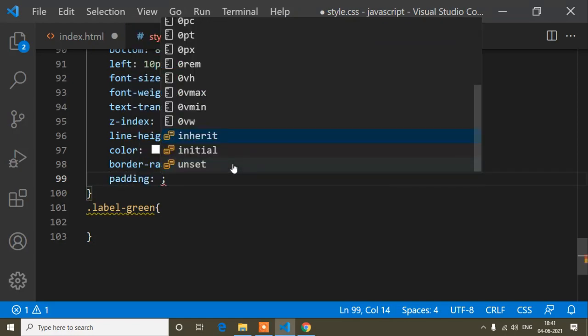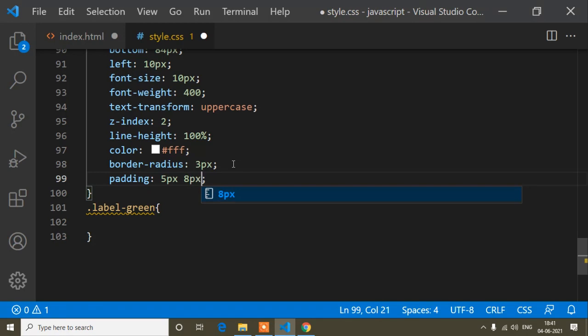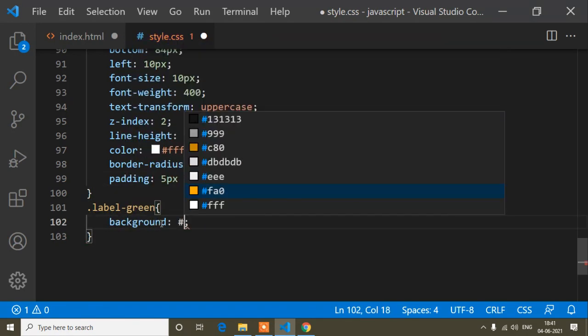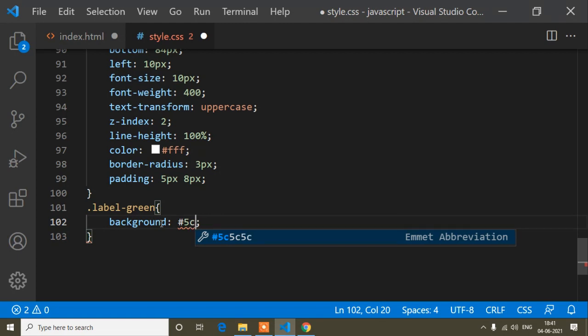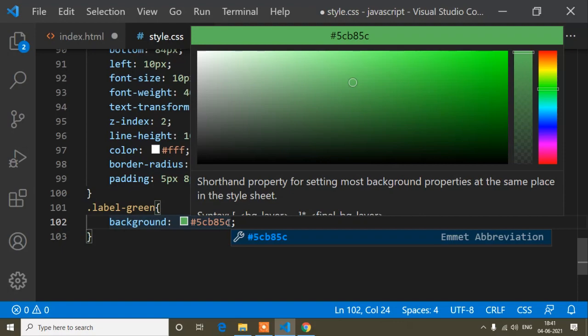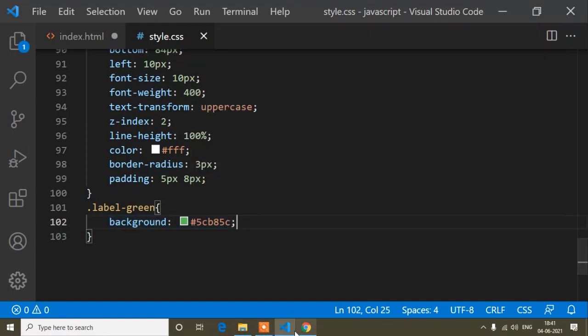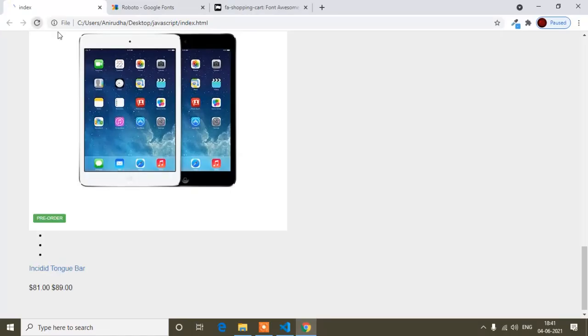So the padding will be 5 pixels and 8 pixels, and the background color will be, so background hashtag 5cb85c. So you can see this one is the green color. If I save, now it will be visible. So you can see this is the background color green, and now the text color is white. So now you can see it's visible.